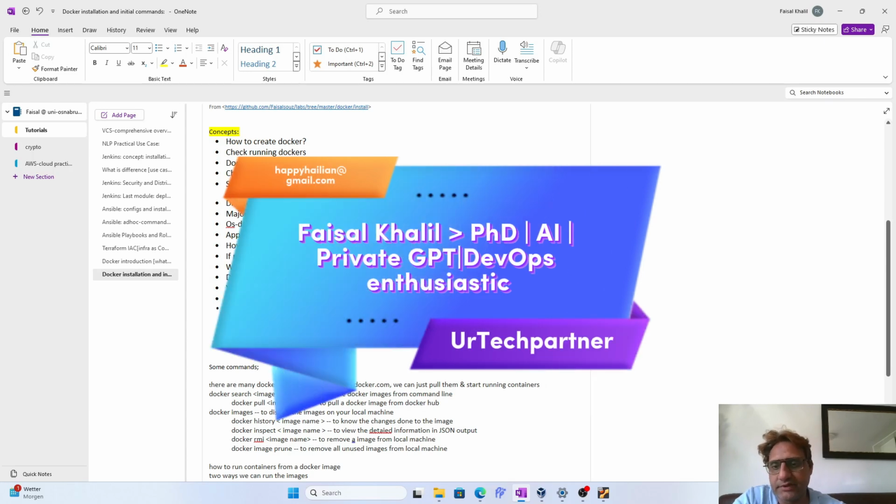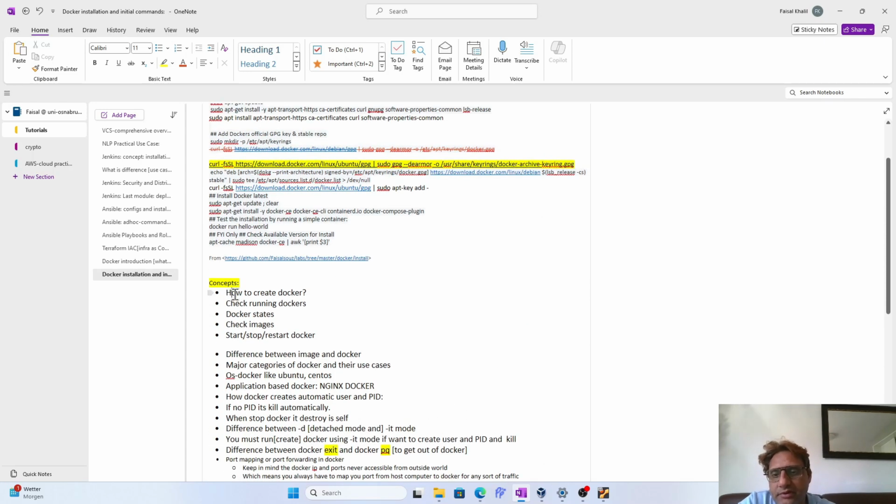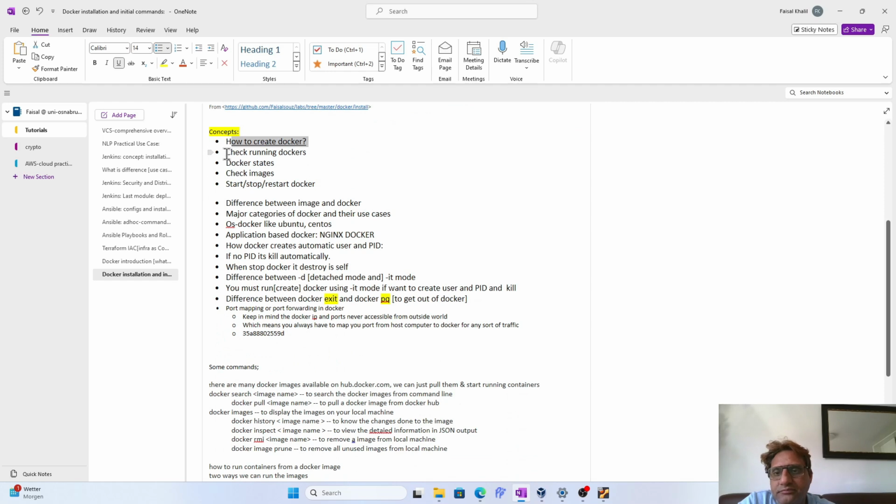Okie dokie, we have seen how to create Docker, right? We have done this. Then checking running Docker, we have checked this too. Docker state, we have also seen this. Checking the image, Docker images, we have stop and restart the Docker. So we have discussed in the previous video what is what, and there are two major categories: operating system based